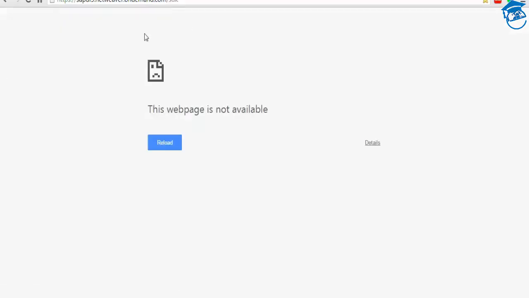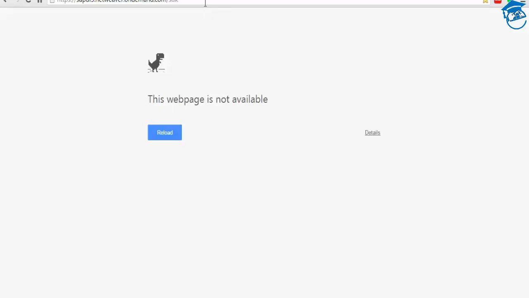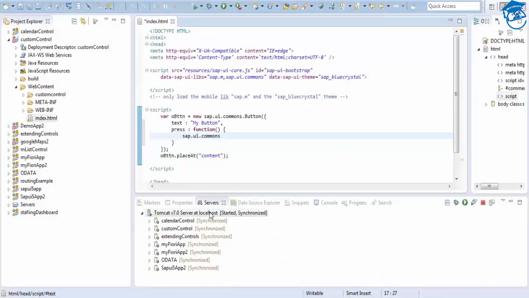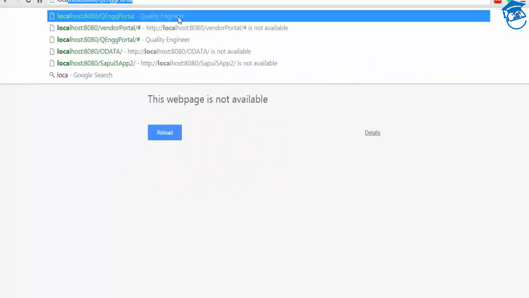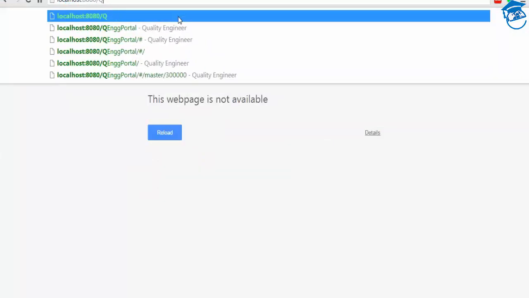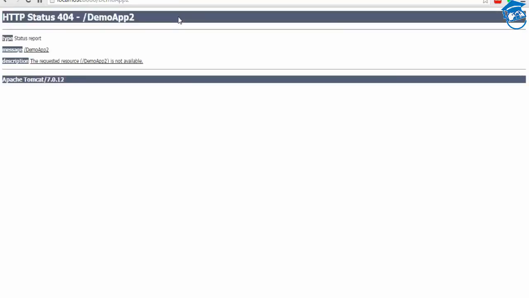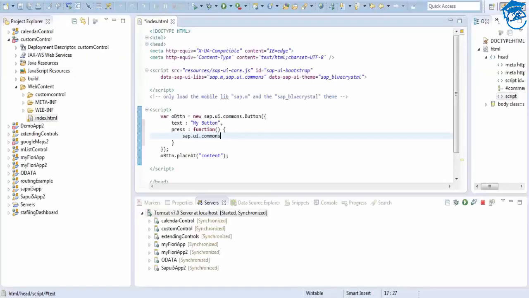So it gets loaded, yeah, it should get loaded. If it's not loaded, there might be some internet problem. So what we're going to do is use a local one, because we already have a local backup called demo app 2. That gives you the localhost demo app 2. Check demo app 2. Yeah, demo app 2 is not there here.